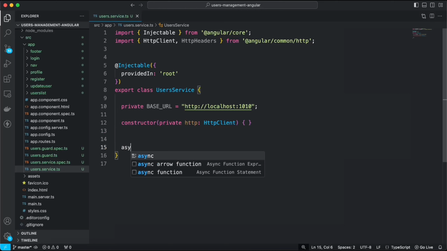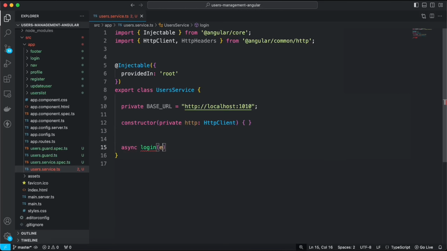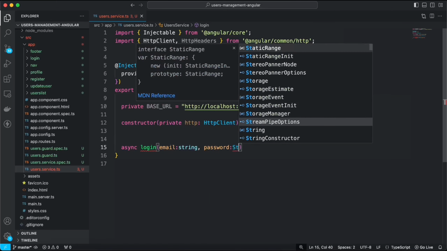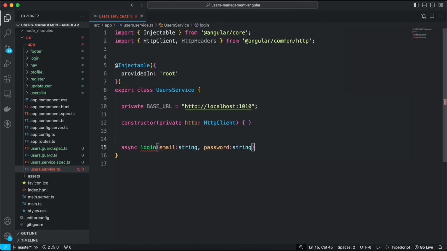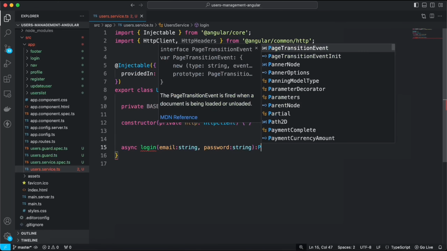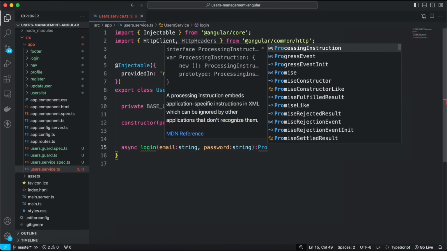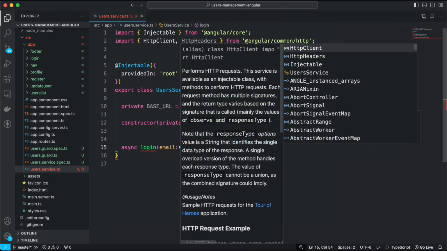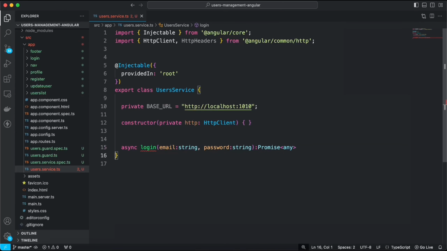So first, I'm just going to create my login method. For this login, it's going to take in an email. It's a string. This is TypeScript. It's going to take in a password. This is a string. And this is going to return a promise of an object. We just call the data type any. And we're just going to say const